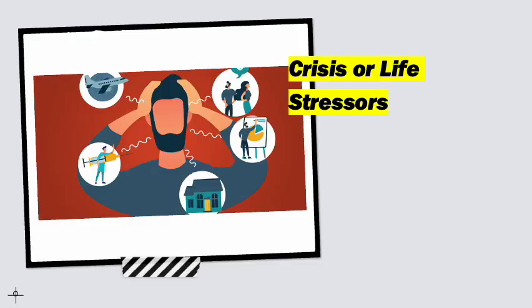Life stressors or crises, and this can include things like marriage, divorce, acute or chronic illness, an exam, a new job, or job loss, may call forth a personal response and mobilize a person's talents, resulting in good feelings about oneself, or it might result in emotional paralysis with diminished self-concept. People vary greatly in their perception of what constitutes a crisis or stressor, as well as to the degree to which such experiences disrupt or diminish their self-concept. How the person perceives the stressor, is it a threat, a challenge, or a defeat, and the person's ability to mobilize personal strengths and other resources are determined largely by that person's self-concept,